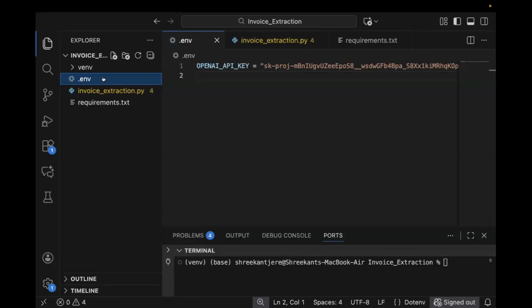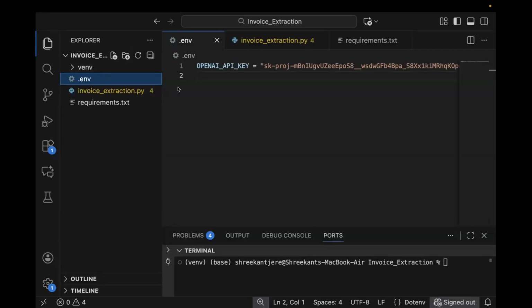Now if you are demonstrating your code and your project publicly,